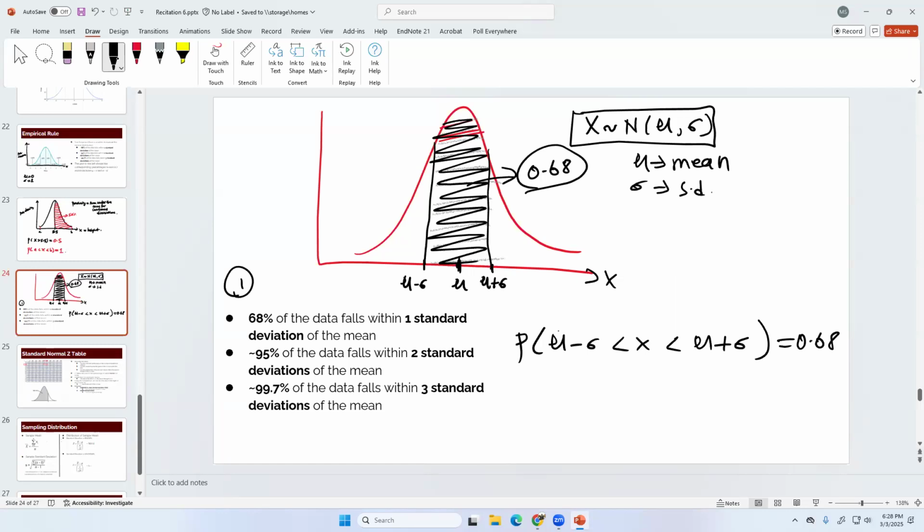Okay, are you guys getting it? So mu and sigma could be anything. Okay, mu could be 0, sigma could be 1. The mu could be 5, sigma could be 2. This rule holds. The rule is that from the center, go one standard deviation away in both directions. That area is 68%. Now, if you go two standard deviations away,